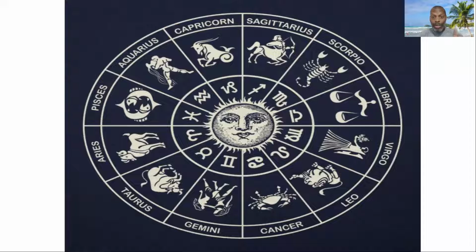Also, Cancer is a water sign, and the fourth house is what we call subterranean, which means under the earth. It represents things on top and under the earth. Cancer is a water sign, nothing. Leo, this is one of the worst. I mean, I thought Leo was the worst, but Cancer is really bad.